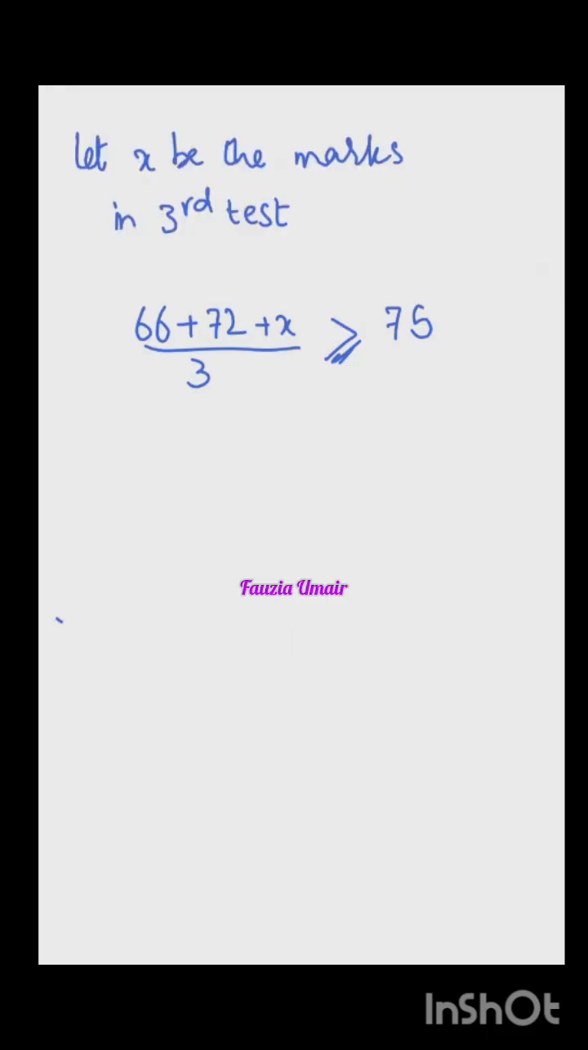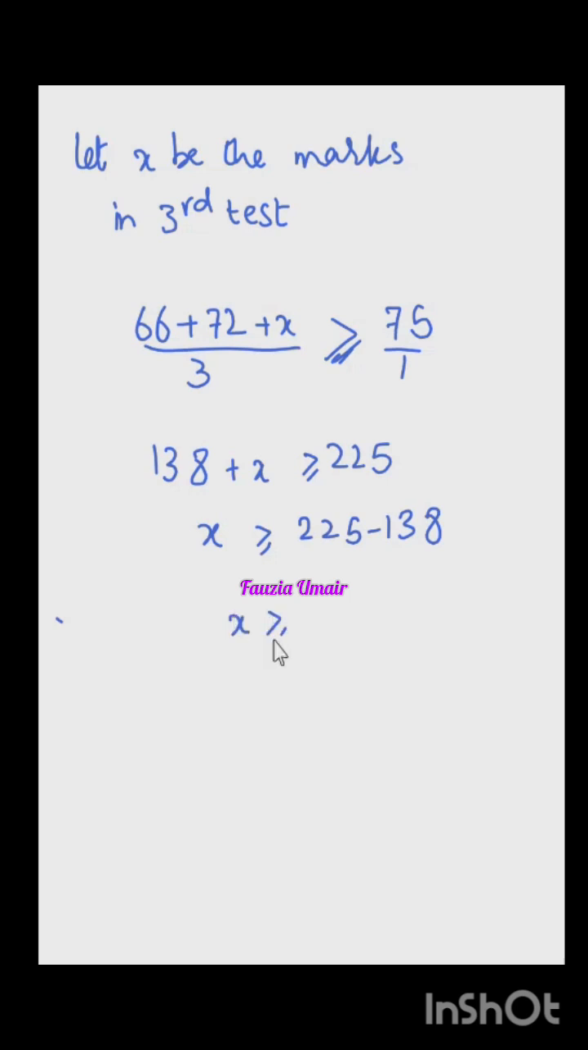So this is making sense. So now we are going to solve this inequality. We will just cross multiply. So this will be 66 plus 72 is 138 plus x bigger than or equal to. This 3 will be multiplied with 75, so it will be 225. Okay? Now you will just take this to the other side of the inequality. So minus 138. So x is bigger than or equal to